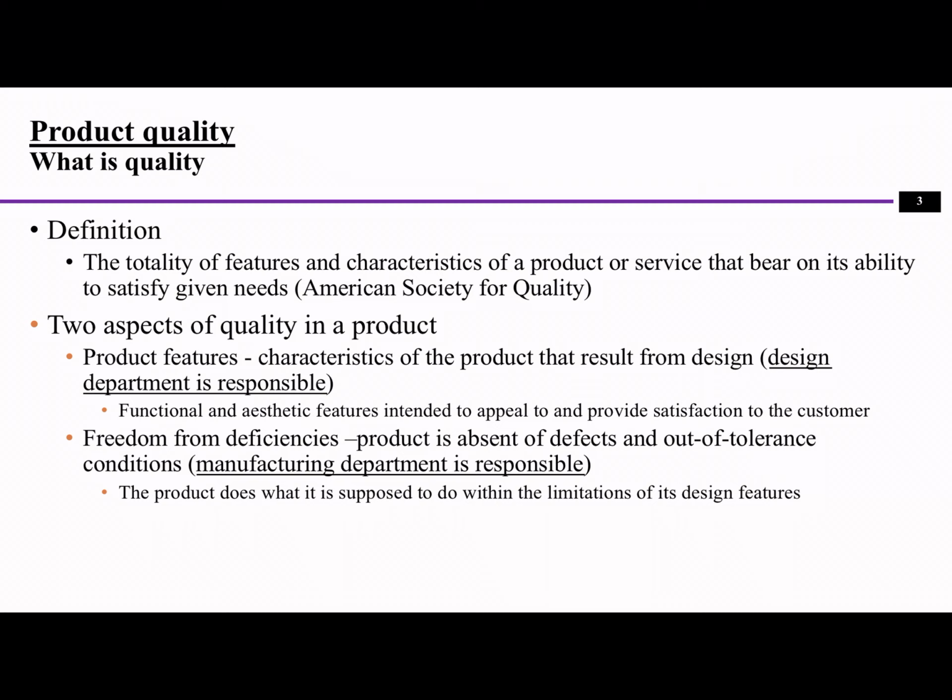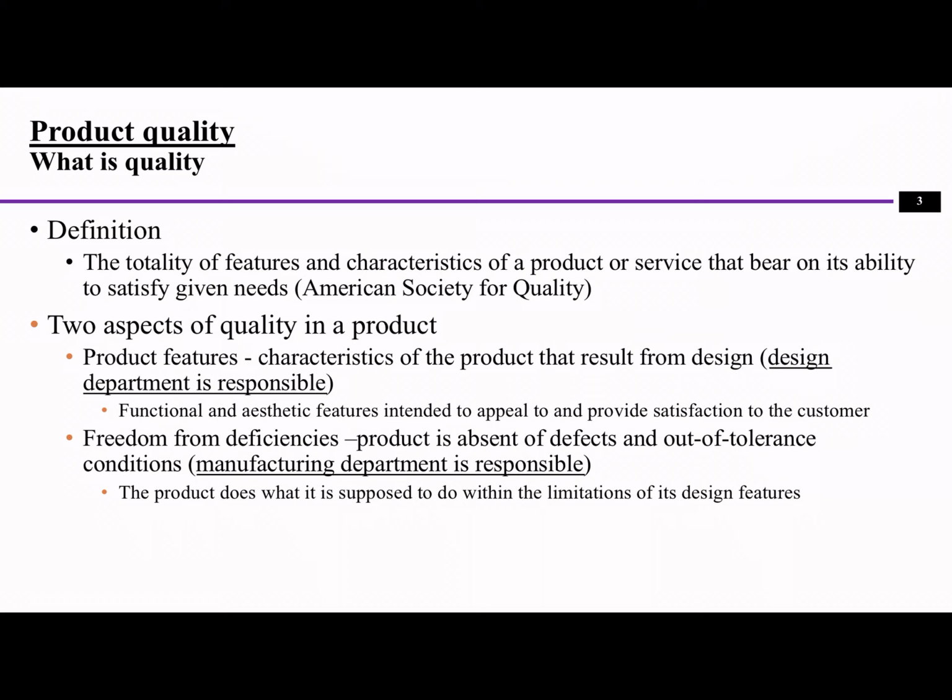For example, if I have a phone, I need to design the phone to have a camera function, and the shape of the phone should be of different kinds of shapes, and that's from the design, and so that's